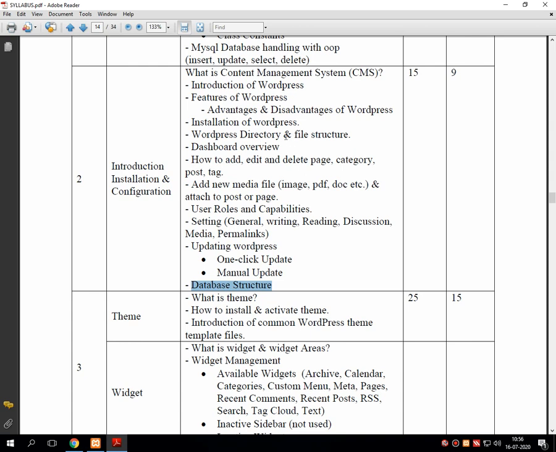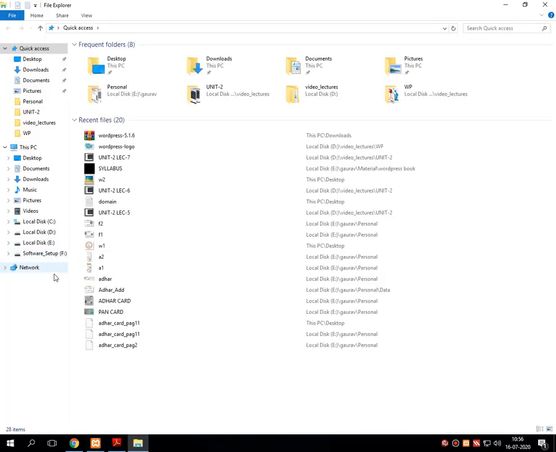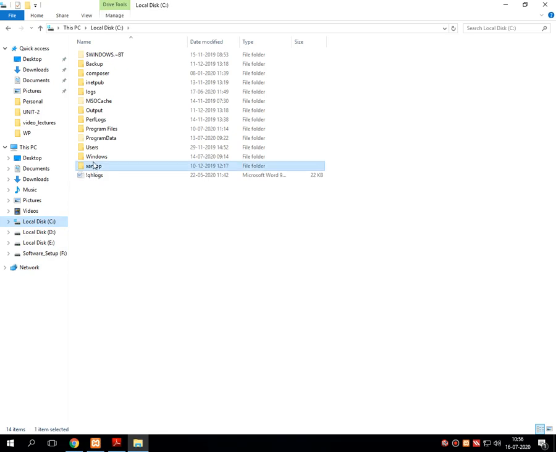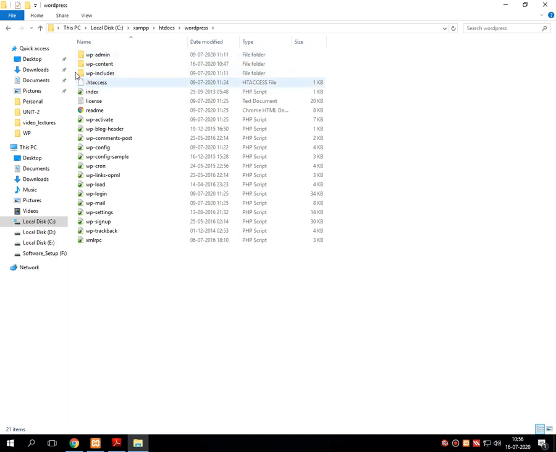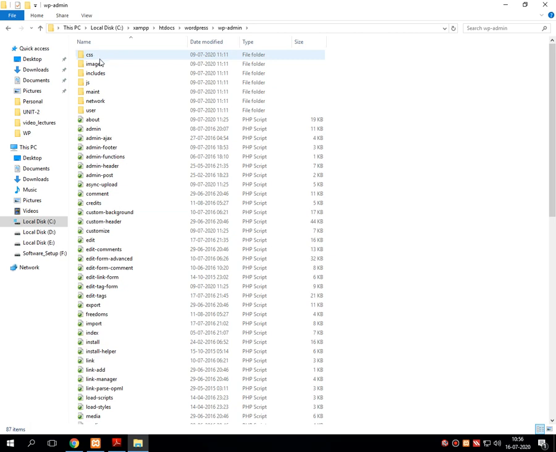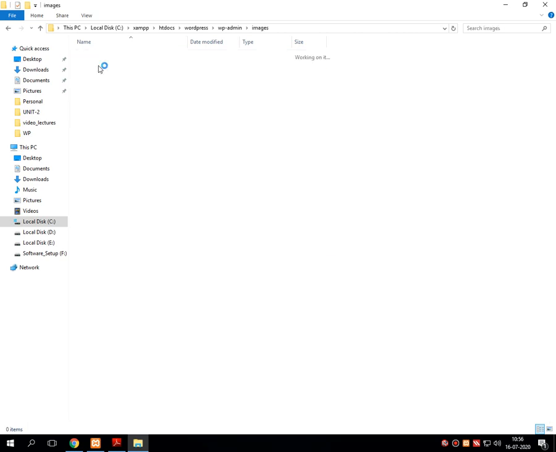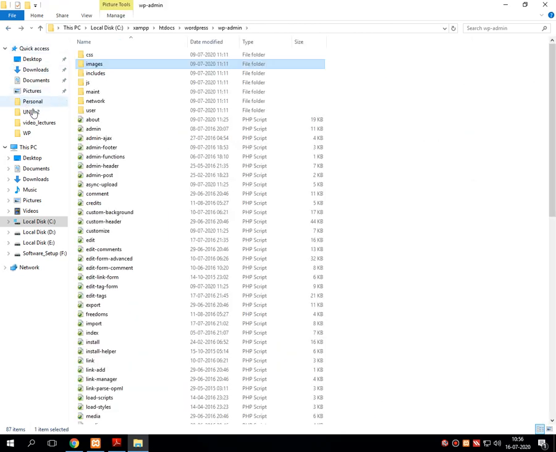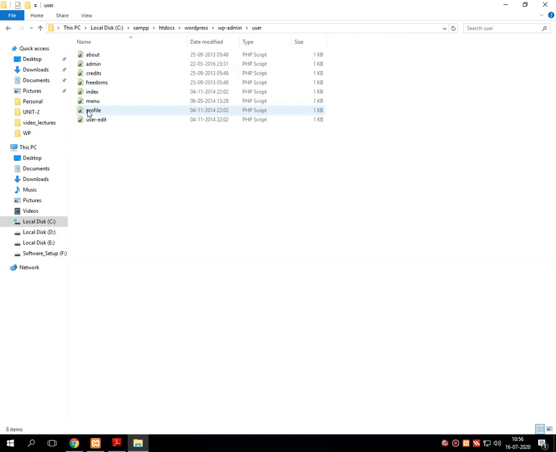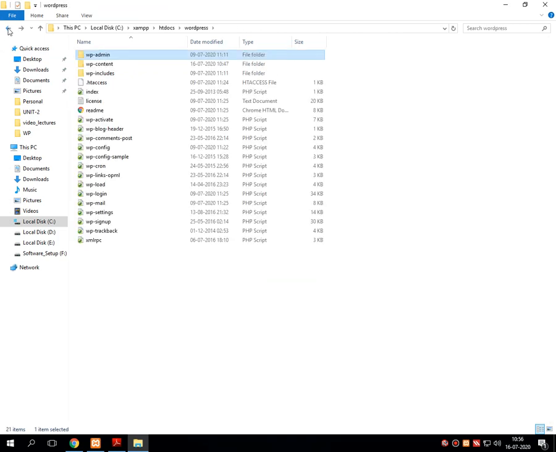One more thing we will take up parallelly is the WordPress directory and file structure. It is actually related to C drive, XAMPP, htdocs, WordPress, and these directories and files. Suppose I look into wp-admin, and inside that, suppose I go into the user folder, sorry, my mistake, wp-content.